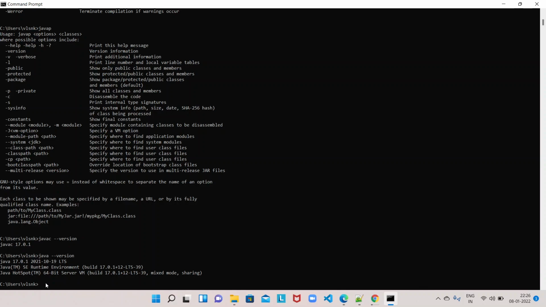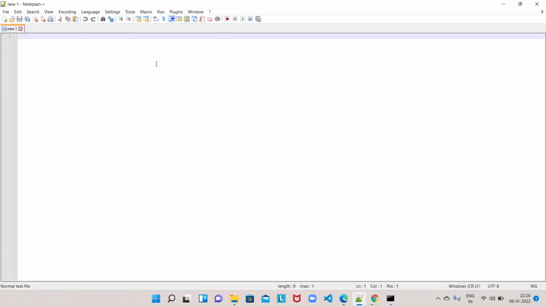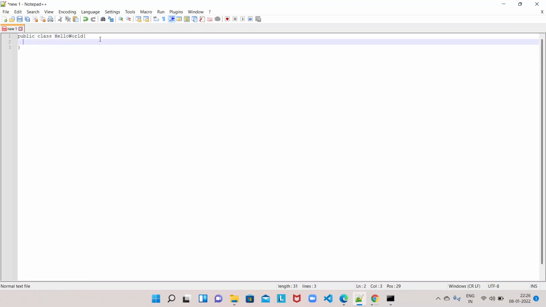now let us write a sample program to execute and see the output of a sample hello world program. Okay, let me open Notepad, and here I'll write. Let us follow it for now. I'll explain why we need to write the class in Java like this.